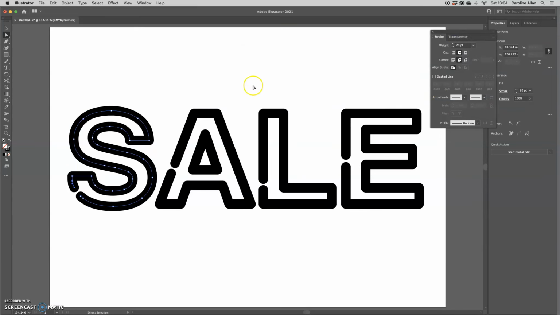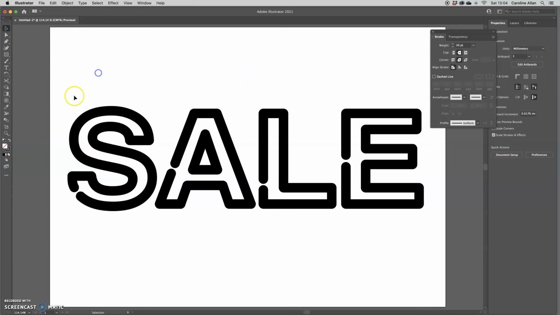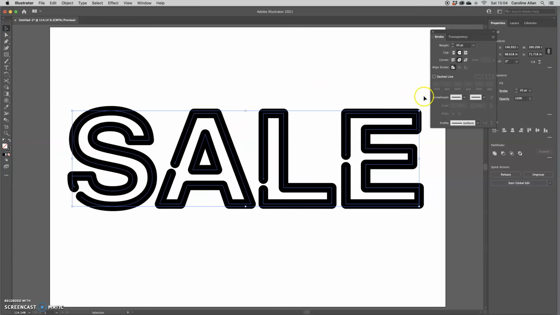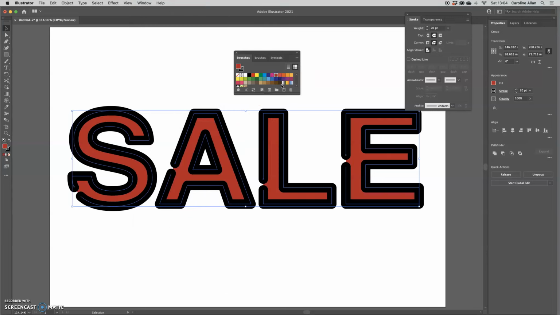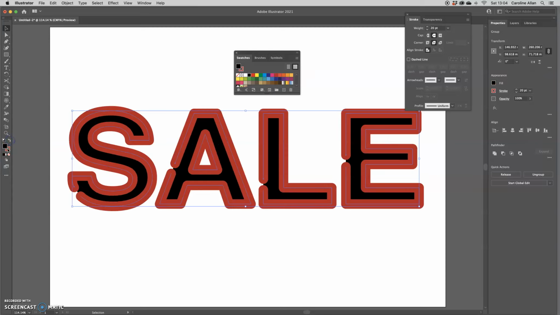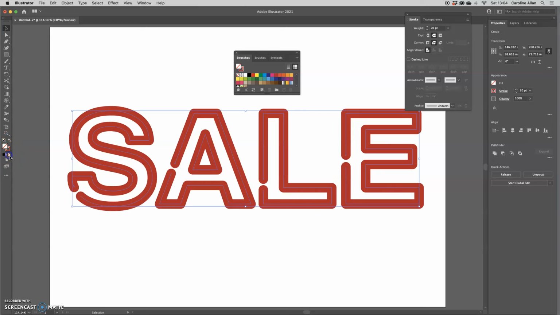And now I'm going to colour this typography. So Windows swatches, and I'm just going to start off with a nice bright red colour. But of course it's the stroke that I want to colour, and I don't want to have a fill. So I'm going to get rid of the fill and just leave it with a nice colour to come through